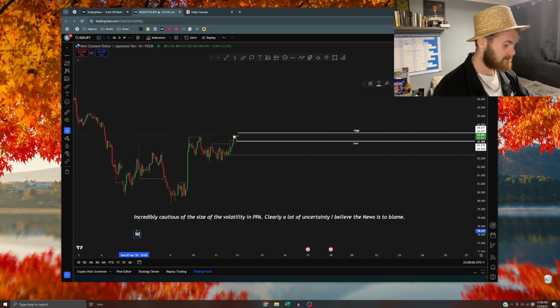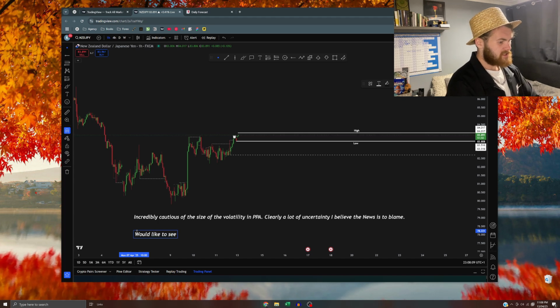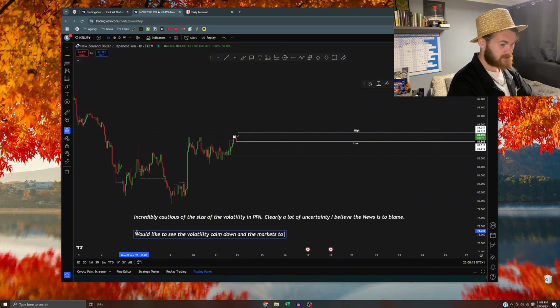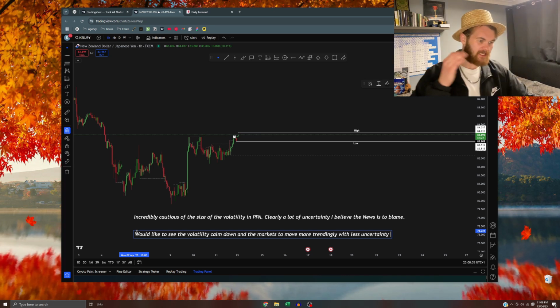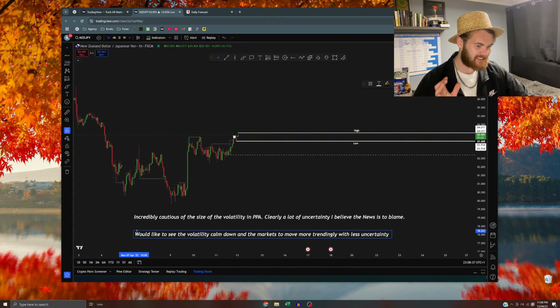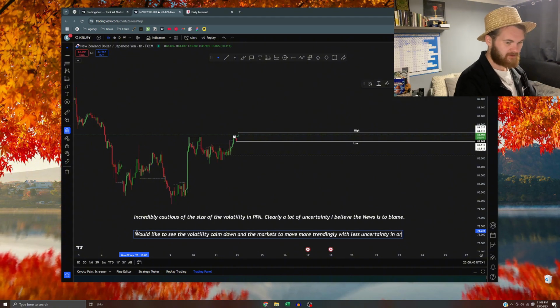Would like to see the volatility calm down and the markets to move more trendingly with less uncertainty in order